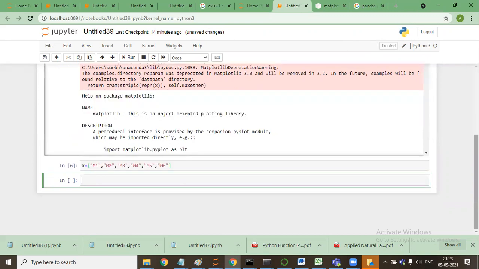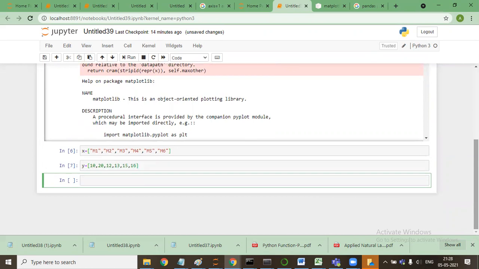Okay. Now if I say y is equal to 10, 20, 12, 13, 15, 16. So this is y. Now I have two variables. One is the x variable and the second is the y variable.